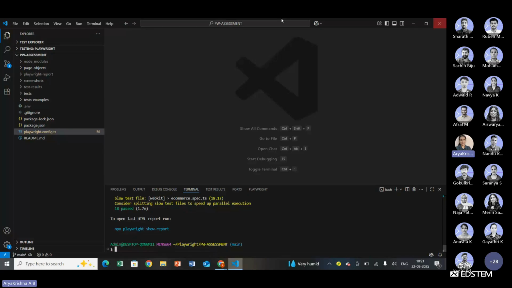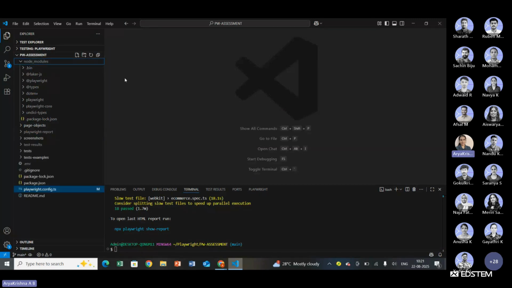Okay, now let's go through the folder structure. This is my folder with the name pw-assessment, just Playwright assessment. The first folder we have is node_modules. I believe you must be aware of node modules because you might be using it in your project. Let me explain again: node modules is a place where, in a Node.js application, we keep our libraries